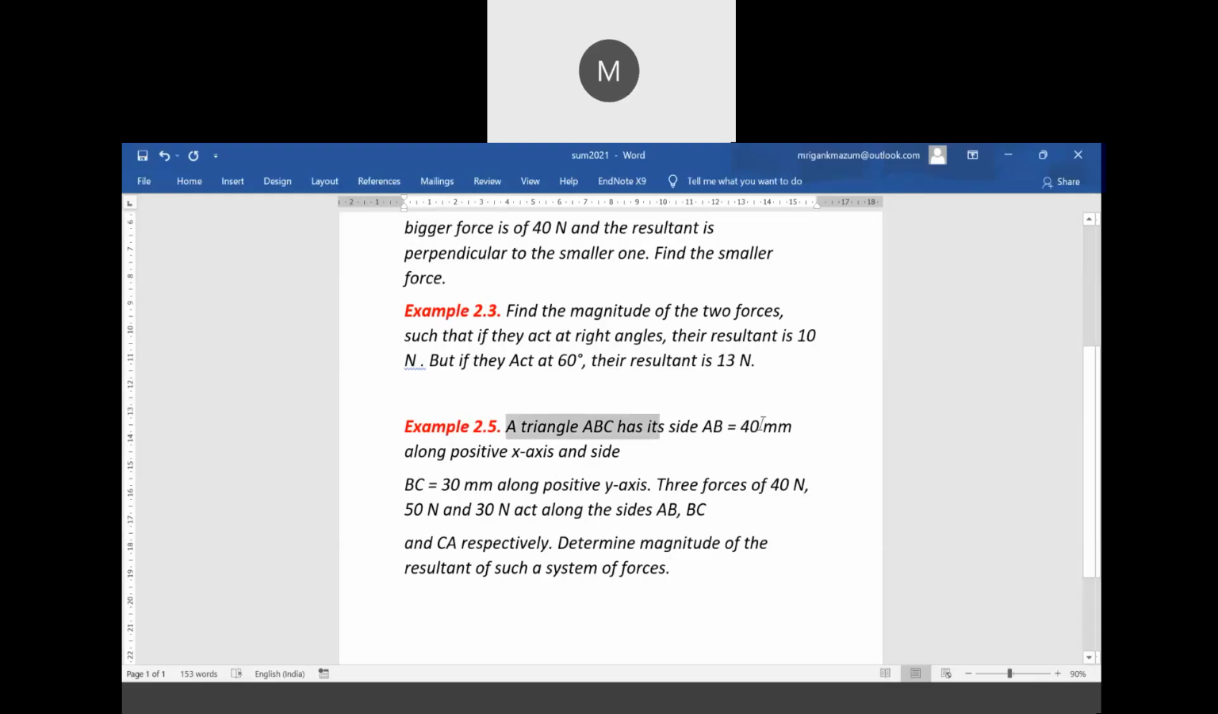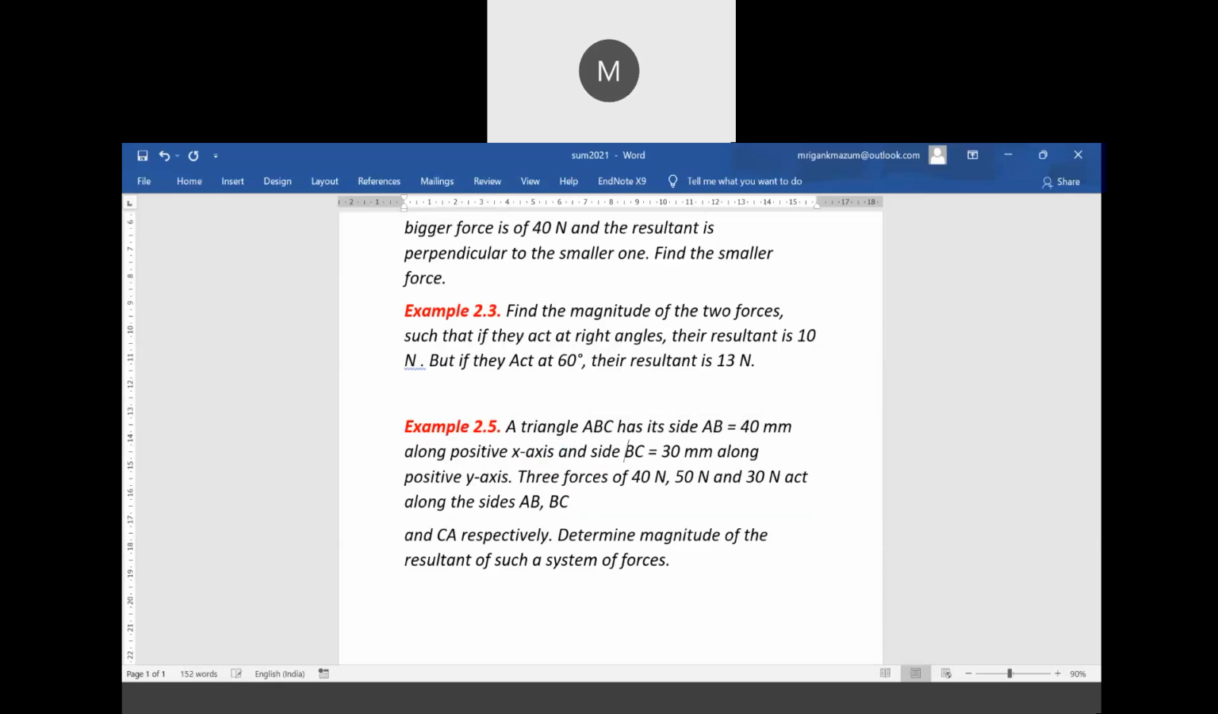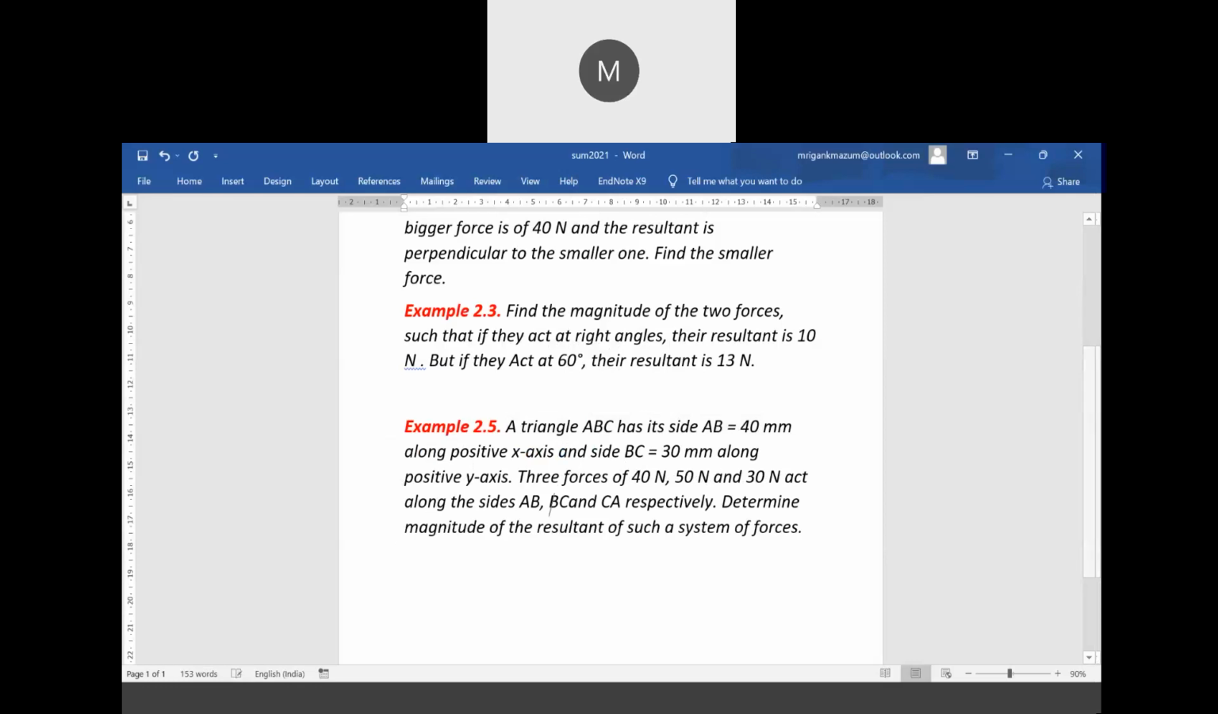A triangle ABC has its side AB 40 mm along the positive x-axis and side BC 30 mm along the positive y-axis. The forces of 40, 50, and 30 Newton act on the sides AB, BC, and CA respectively. Now determine the resultant of such a system of forces. So from the length of the sides,